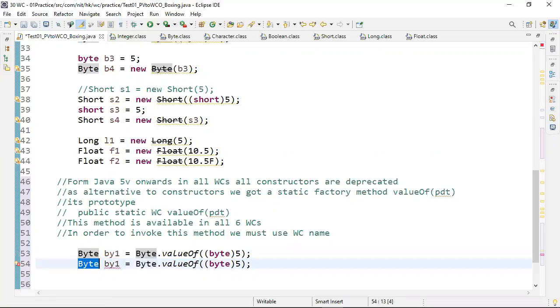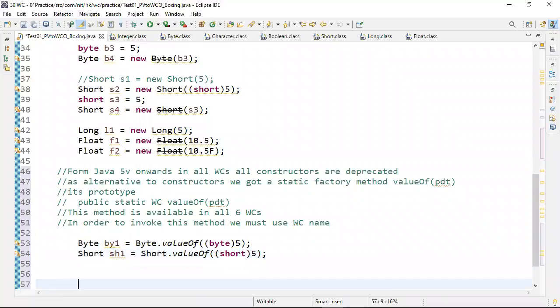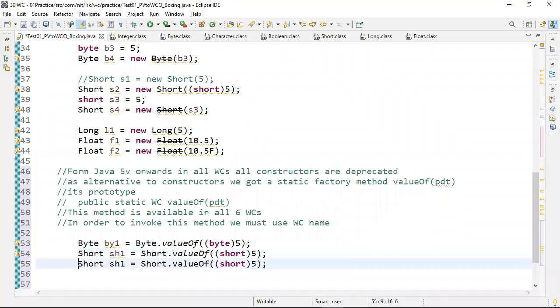And then next, I want to create Short object. sh1 equal to, what the class name I should use? Short.valueOf, what the parameter type I should use, either byte type or short type, your wish, because it accepts lesser range values. Next, I want to create Integer object. Integer in1 equal to, what class I should write?